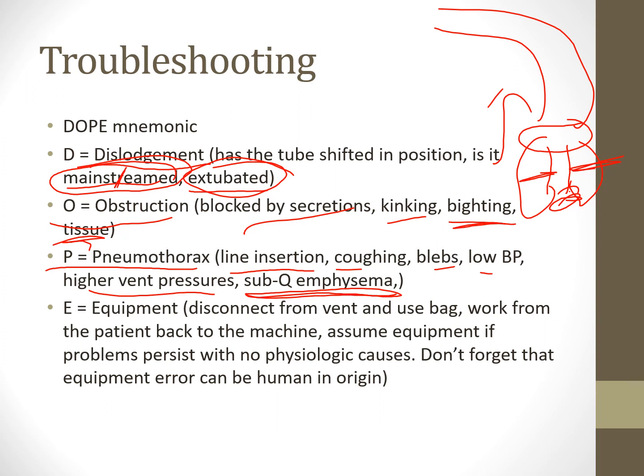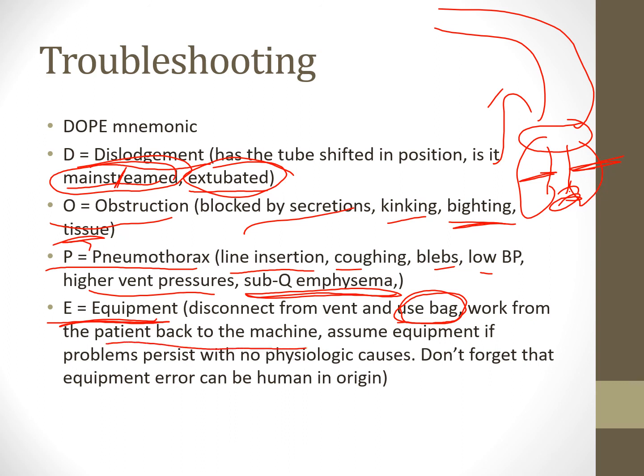Really, really high pressures. So pneumothorax would be your next one. Then your final one, if you've gone through all these, the tube's in place, there's no obstruction, you've ruled out a pneumothorax with a chest x-ray and your skills, then finally take them off that piece of equipment. That ventilator might be malfunctioning, right? So disconnect and use the backup ventilator, which is the handbag, right? The self-inflating bag or the flow-inflating bag, whatever they have over there, use that